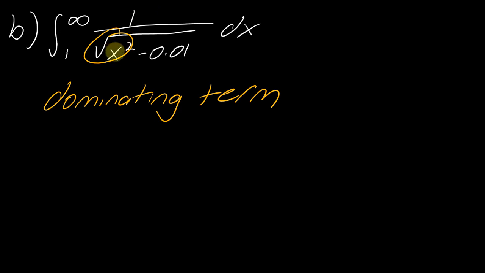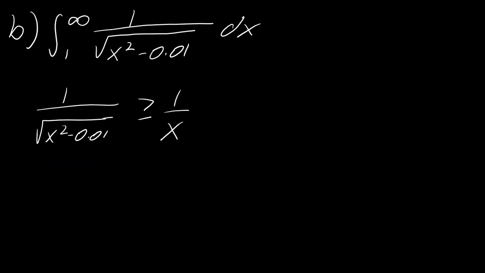So I noticed that this x squared is dominating the bottom, but then I have to take the square root of that. And so if I take 1 over the square root of x squared, that really equals 1 over x. And so then I just have to decide, okay, what is the relationship between 1 over x and 1 over the square root of x squared minus 0.01? And in this case, 1 over x is going to be less than this,